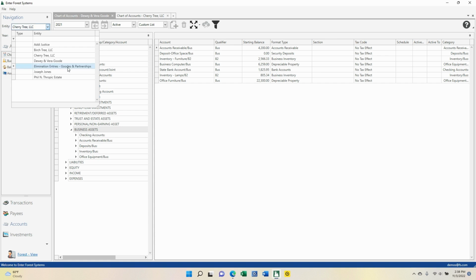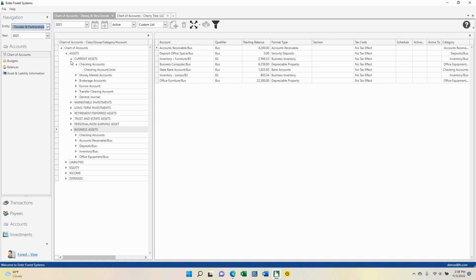Reclassification entries, as I mentioned, is a completely different entity. We can come to Forest Center and select it, but the maintenance of this will be manual and is up to your discretion. With that does conclude